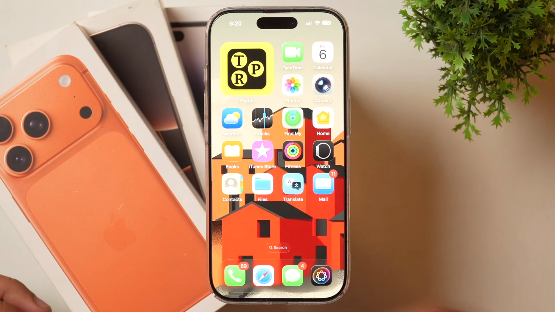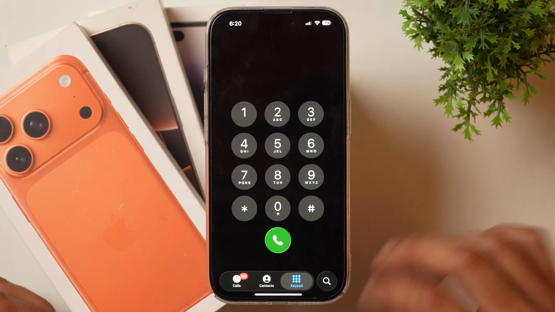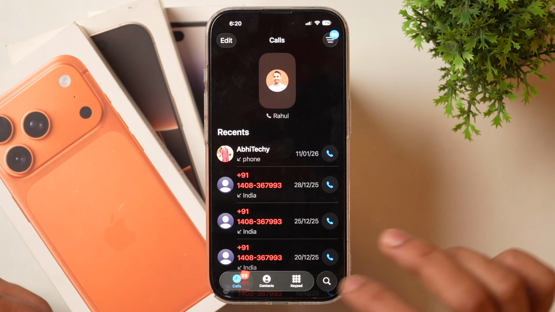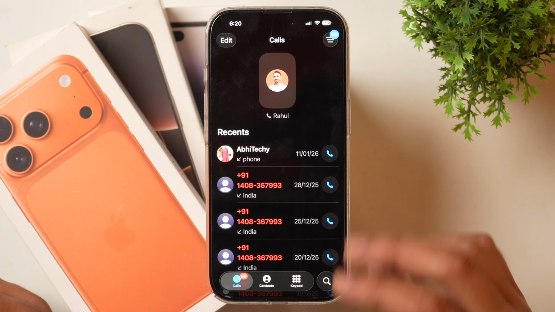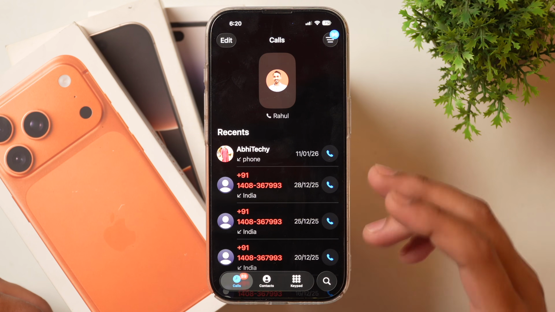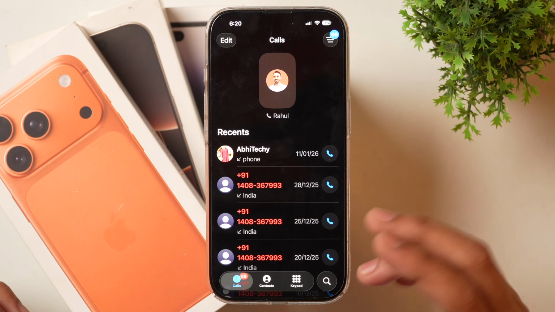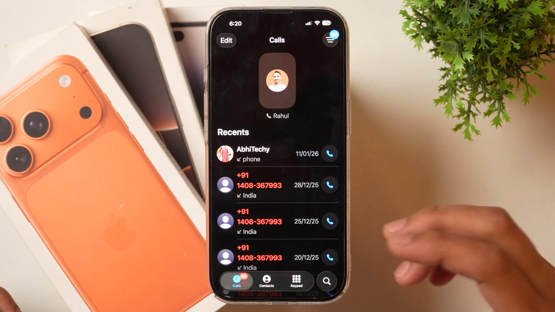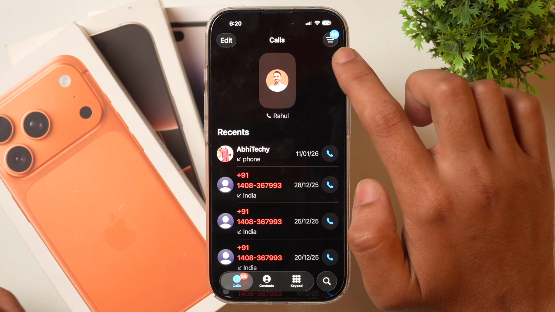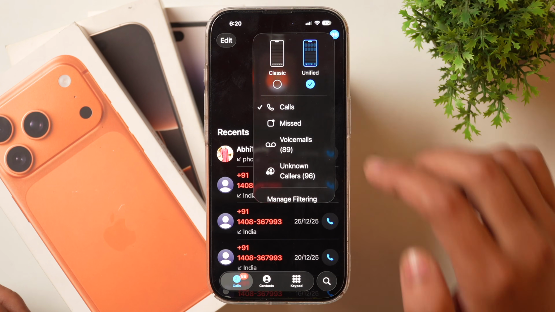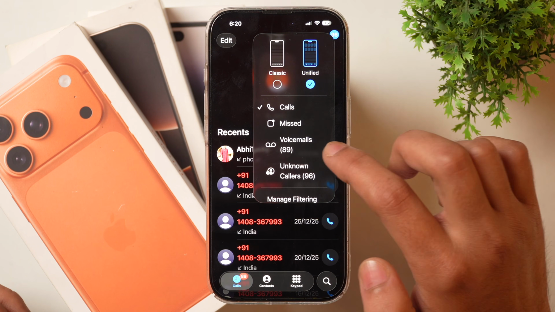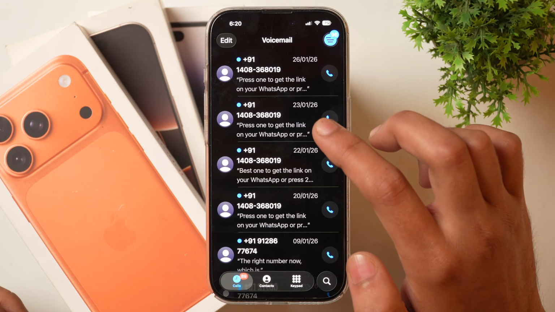If you just open the phone app on iPhone and then tap on the calls section, it will show the details of all the calls, and depending upon whether you have a unified layout or classic layout, you will see these tabs here. But if you can't see the voicemails tab on iPhone, then you have to tap on this icon in the top right corner and then go to voicemails, and that will show all the voicemails that you have